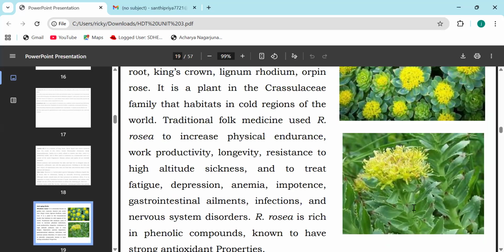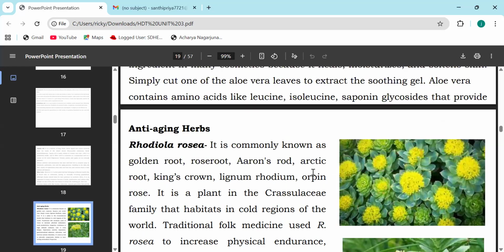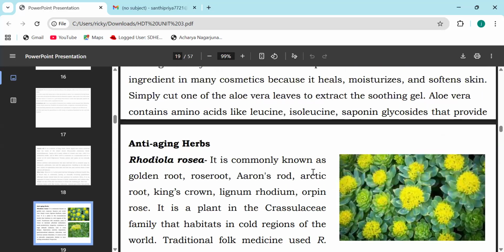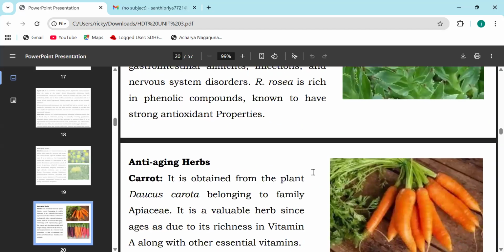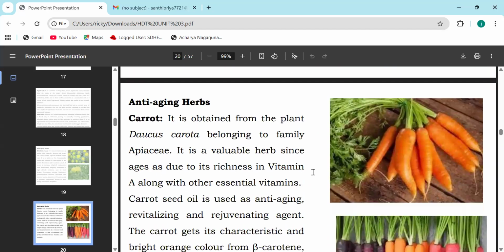It is rich in phenolic compounds, so it is known to have strong antioxidant properties. Here we can see the picture of this plant, Rhodiola rosea. Okay, this belongs to the family Roses. Okay, and next one, anti-aging herbs, and